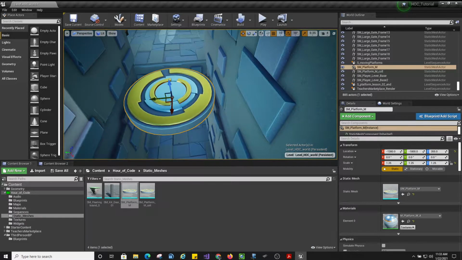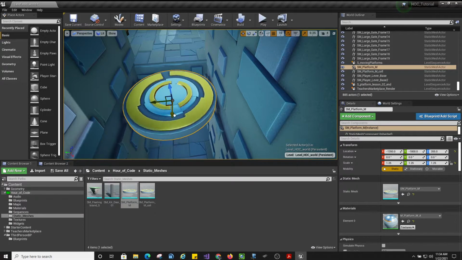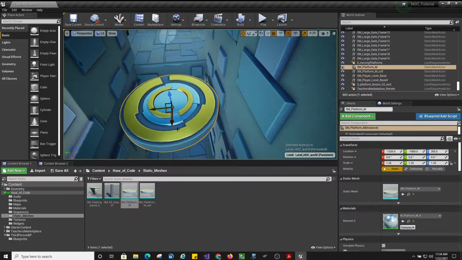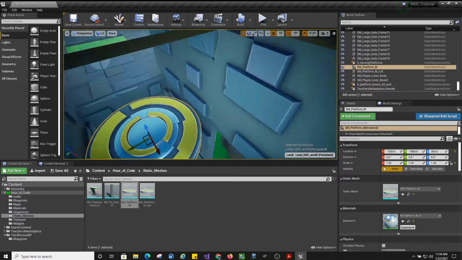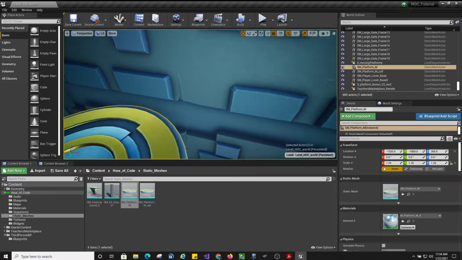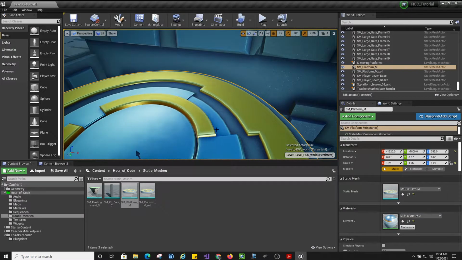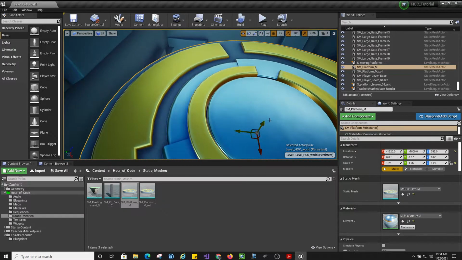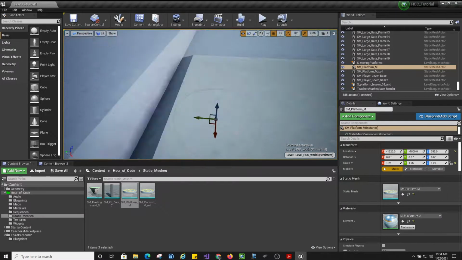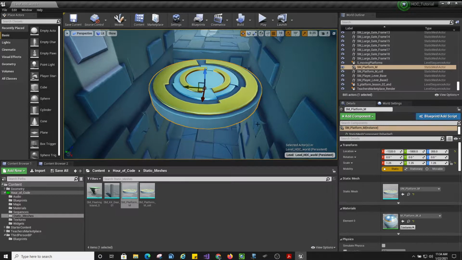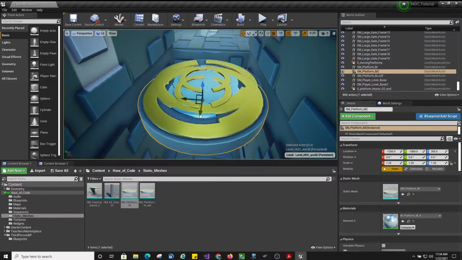So in here, what I want to do is move this one around a little bit, so I give it a little bit of space there, so that my character could actually fall down there if they didn't jump. You can do this the way you want it for your project. And then if you hold the Alt key down and you grab this red arrow, I can make a duplicate